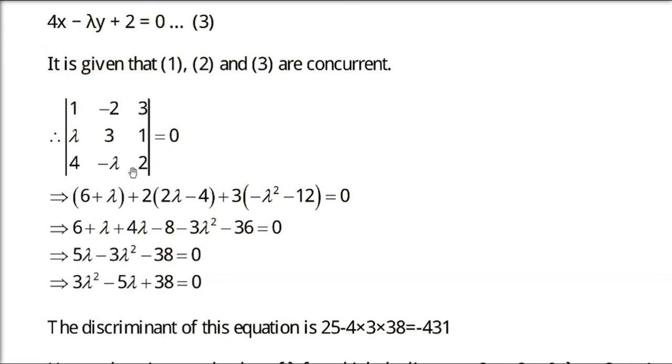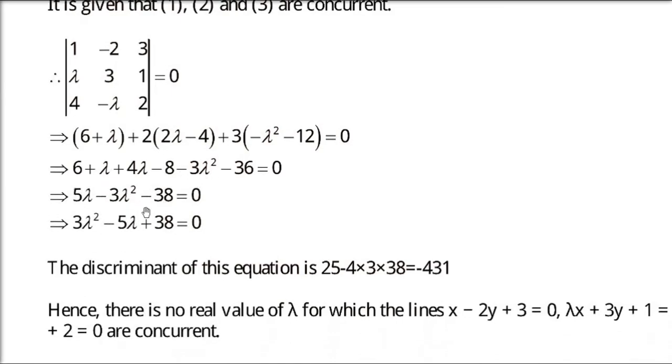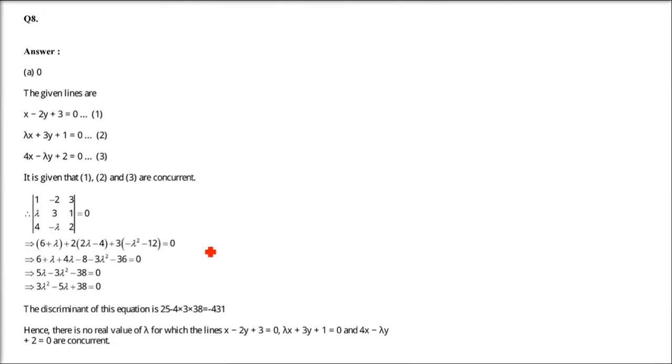But if you see, there is a catch here. When you solve it, you'll get a quadratic equation. I'm just trying to tell you how to open this. You can open it along the first row, 1, minus 2, and 3. Whichever number you're taking, forget about its row and column, take the others and do the cross multiplication. So there is a quadratic equation.